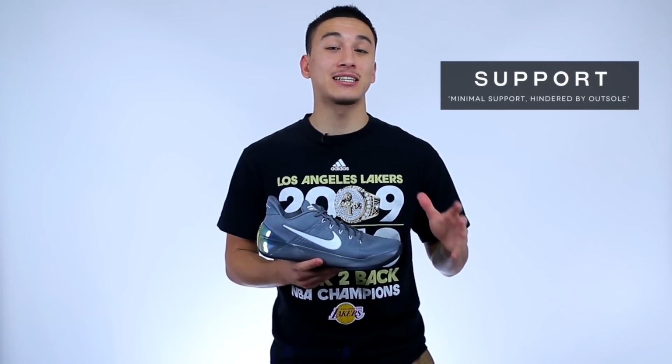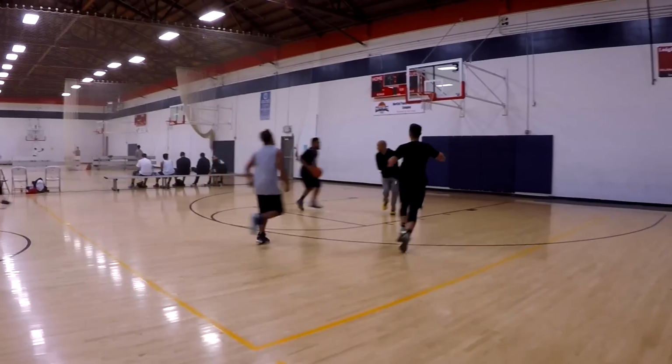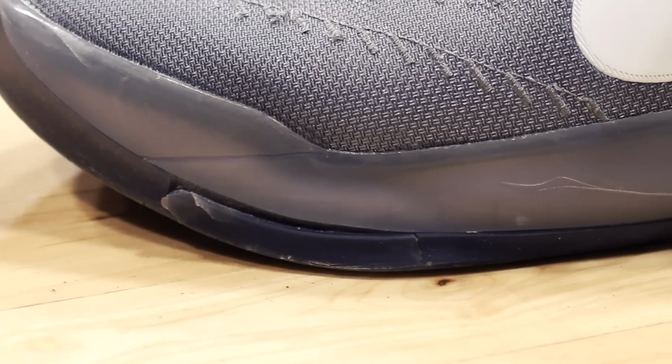Lastly, let's talk about the support, and the Kobe A.D definitely takes a minimalistic approach with its support system, but when it works, it does just enough to make you feel secure on court. The materials and dynamic fly wire provide a lockdown fit, while an external heel cup and slight outrigger provide lateral support. But like I mentioned in the traction section, the outsole started to separate from the midsole, and this completely